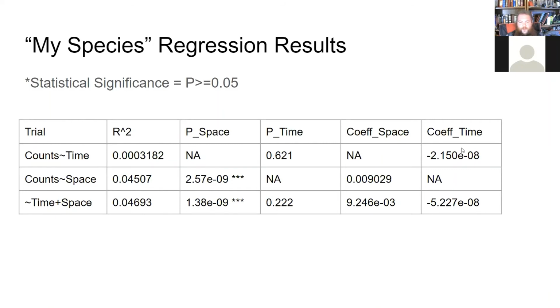And what you're finding is marginal significance here in the effect of space. And if we look at the space coefficient, we can see that it's positive, which means that you are slightly more likely to find fossils of my species the further north you go.